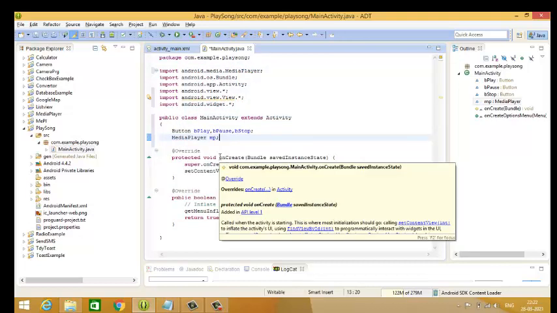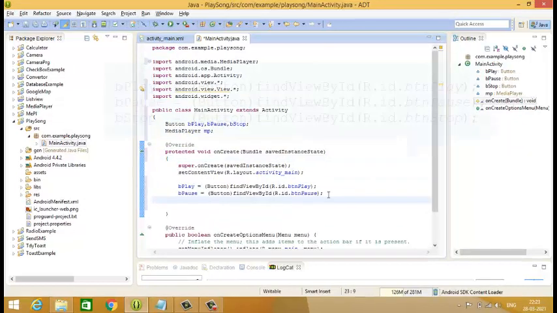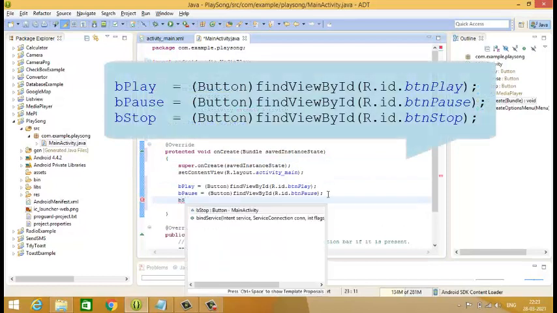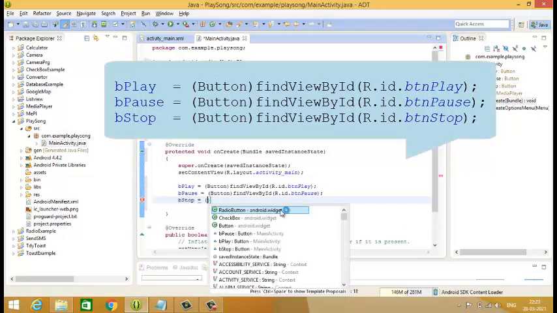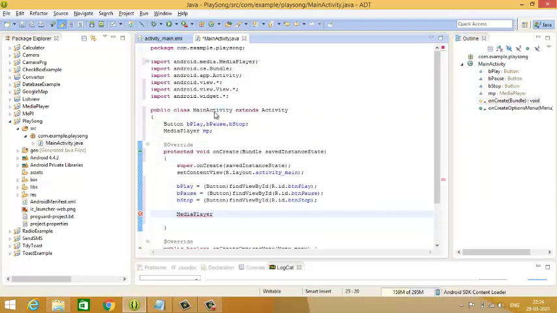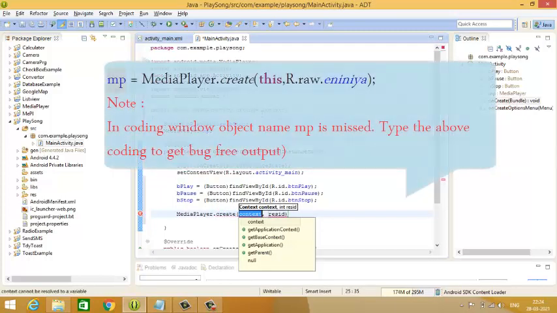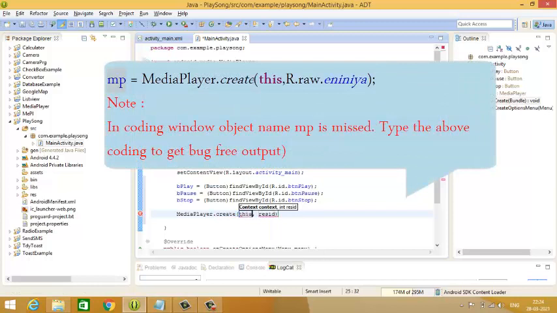After creating the objects for button and media player, next we have to bind them. MediaPlayer.create takes 2 parameters. In the first parameter, give this, which refers to the media player, and in the second parameter you have to give the song to be played, which is there inside the raw folder.